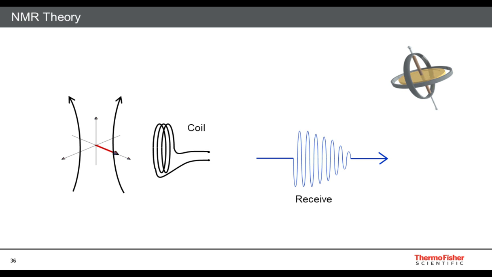And so what we're doing there is we're looking at their free relaxation or decay back to that ground state, and we're doing so as they induce a current, because remember, we're looking at these nuclei as if they were small little magnets, and whenever you have a magnet that's moving inside a coil, it's inducing a current in that coil. And so we call it the free induction decay. So it's the free decay back to the z-axis, and as a result, we're inducing that current, and that causes the FID that is unique to each